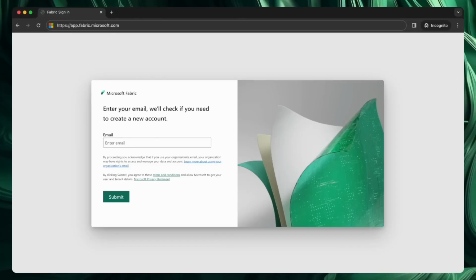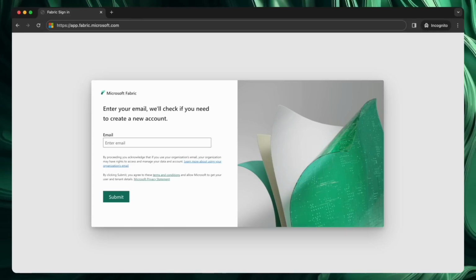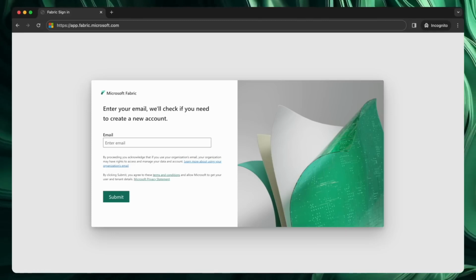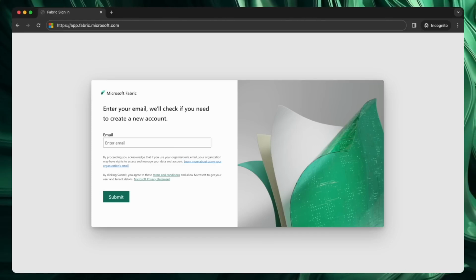I'm sure many of you are interested to get hands-on with Microsoft Fabric and want to take advantage of the 60-day free trial to use its services. This includes full access to all of the Fabric experiences and features and OneLake storage up to 1 TB. To sign up for the free trial, go to